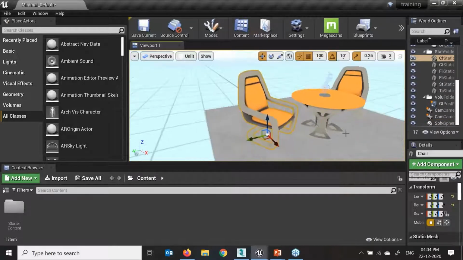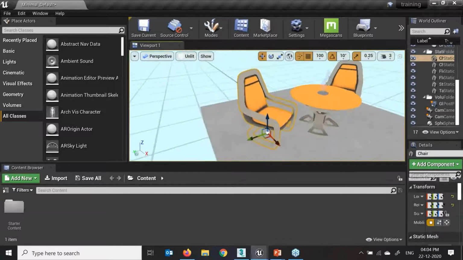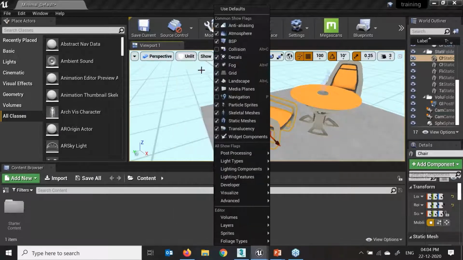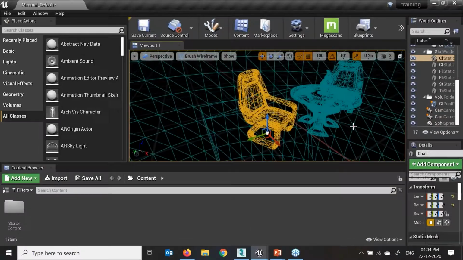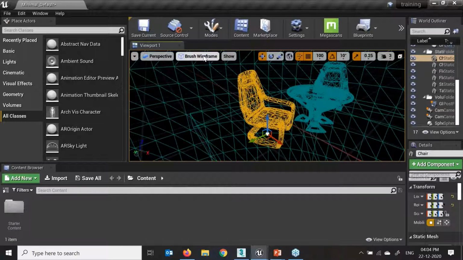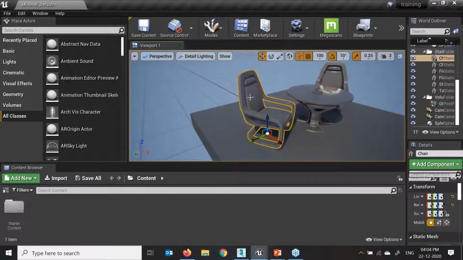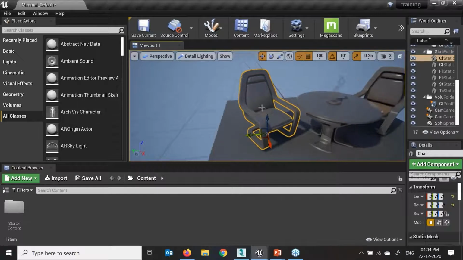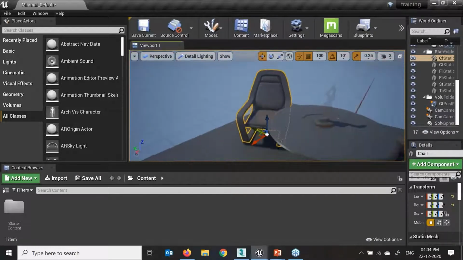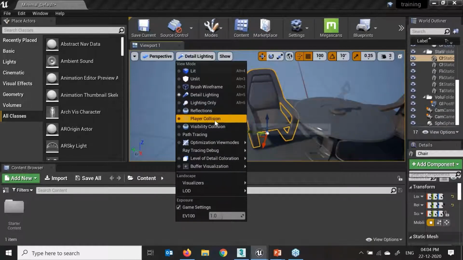Select this object, press F, Alt, and the left click. We can orbit over here. Click mesh wireframe. If I want to see wireframes, I can see this wireframe over here. Default lighting, like what is a default light? Here we can see the materials become default, light becomes default, but specularity, those reflections, we are getting.